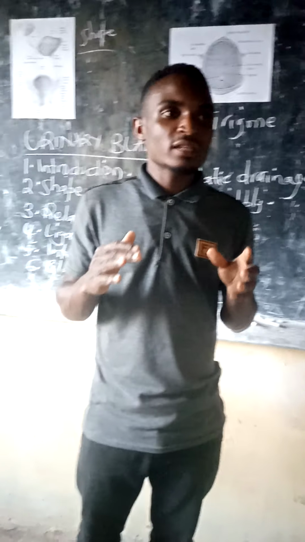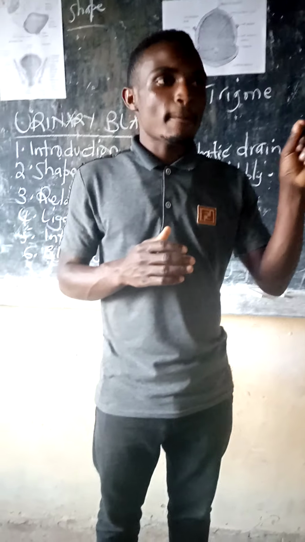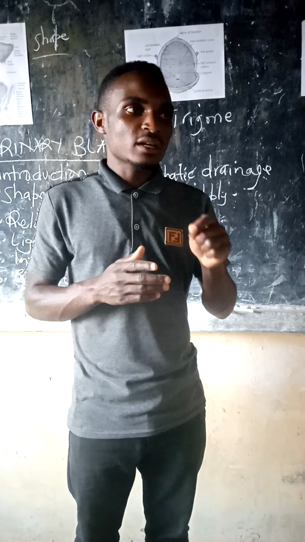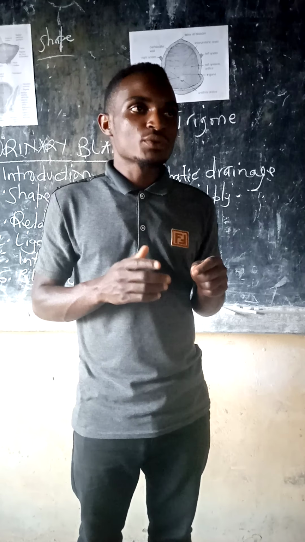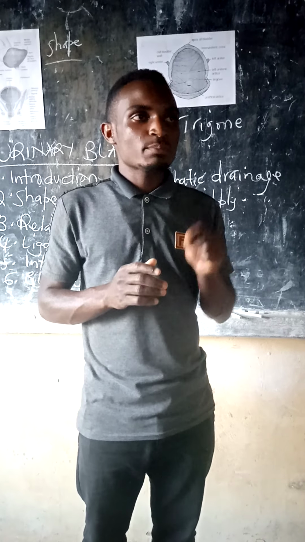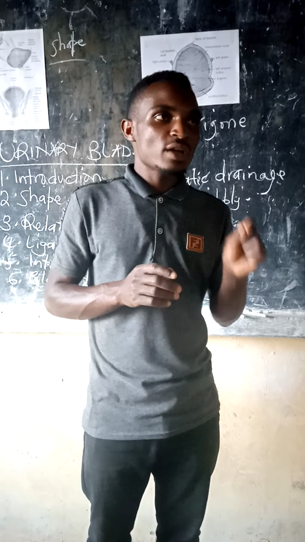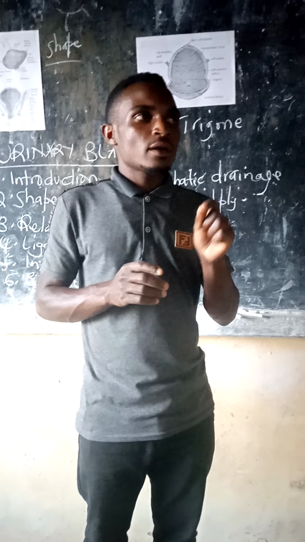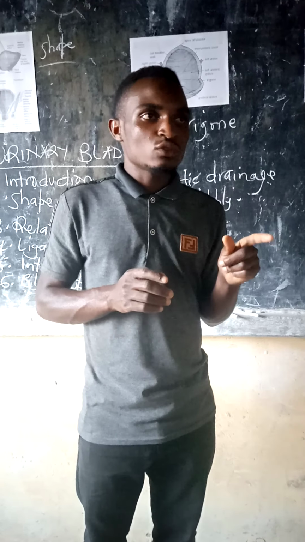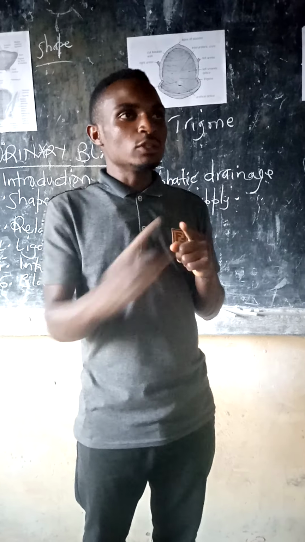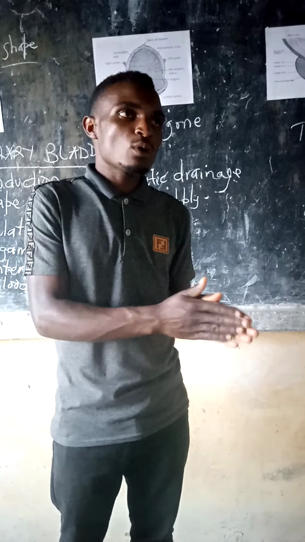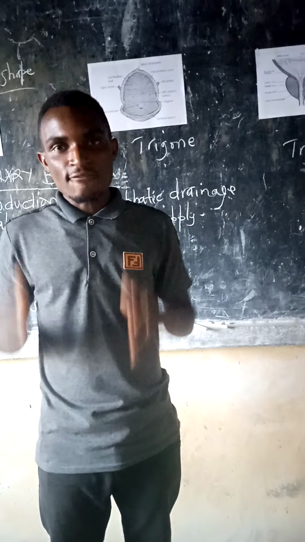Then the parasympathetic supply is from the pelvic splanchnic nerves, roots S2, S3, and S4. Those ones are motor to the muscular wall but inhibitory to the sphincter vesicae. So it is the opposite. Motor to the muscular wall, but inhibitory to the sphincter vesicae.